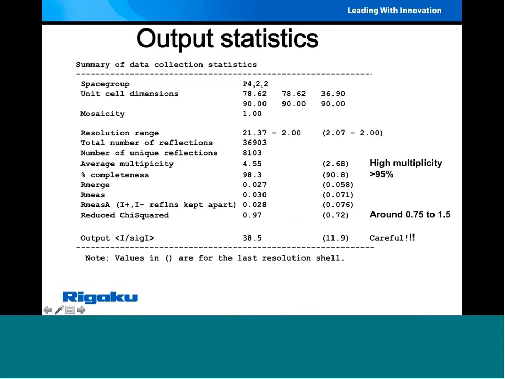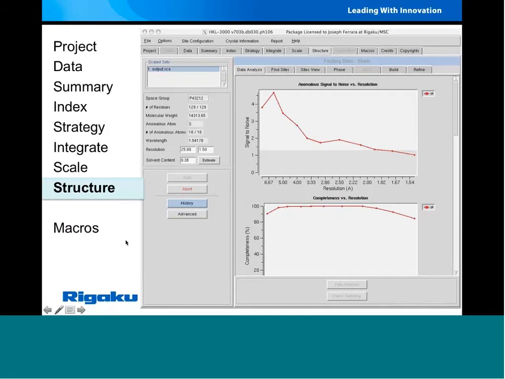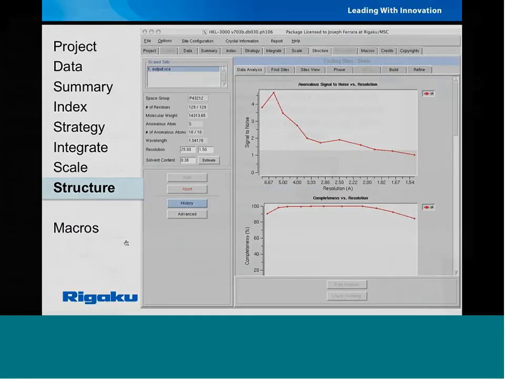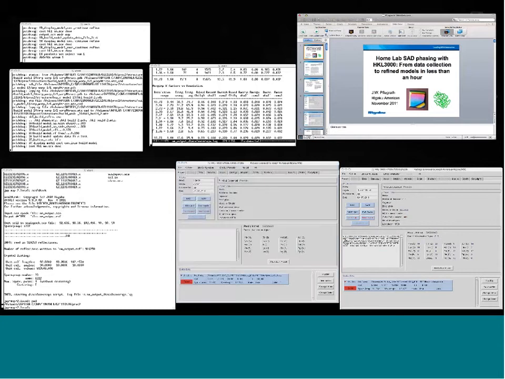We already talked about that. You get your table 1 out of the end of this, so you want reasonable multiplicity. You need to have good completeness. You need your reduced chi-squared close to 1, but I personally don't think you have to go wild with making it perfectly 1. And I discussed that I over sigma I has different definitions in different programs. So if we go back to